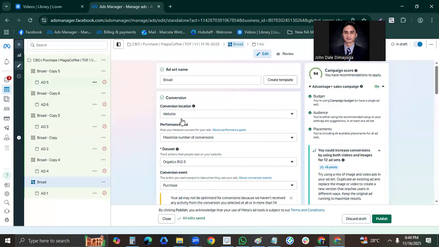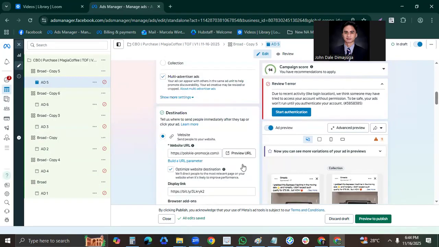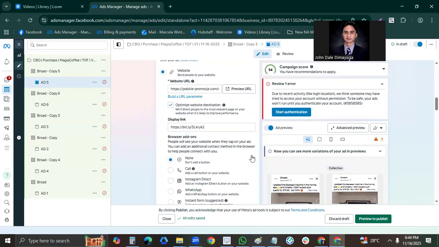Let's say we already duplicated the setup for the image creative.